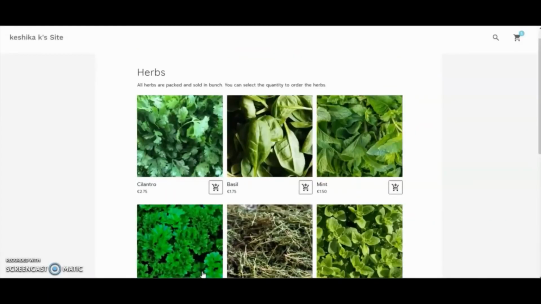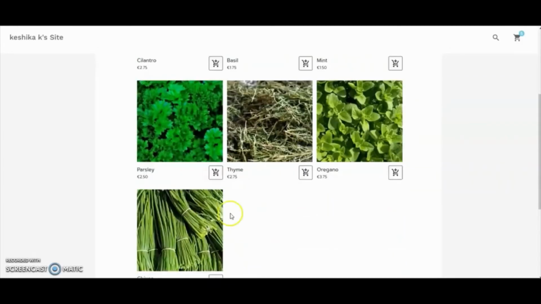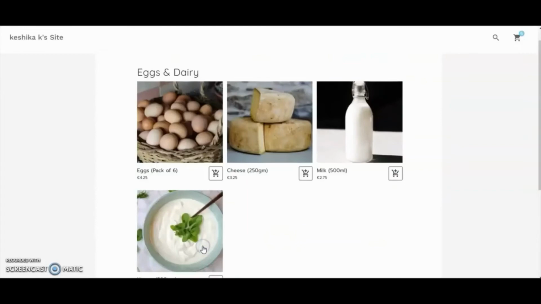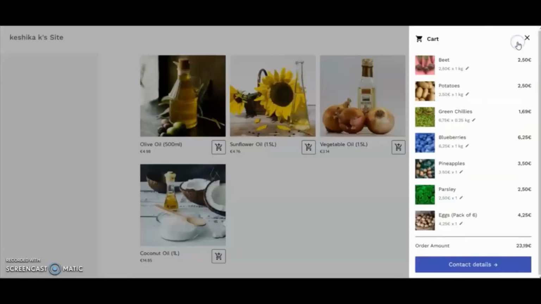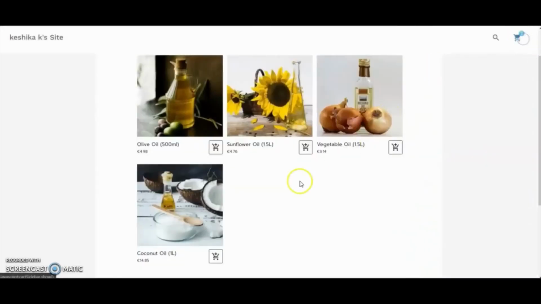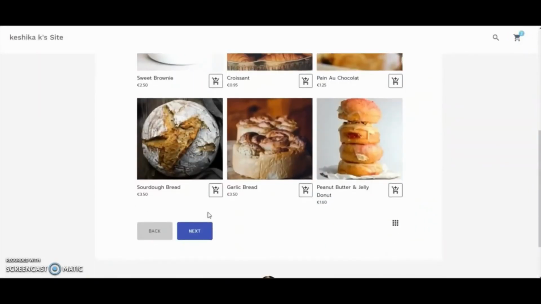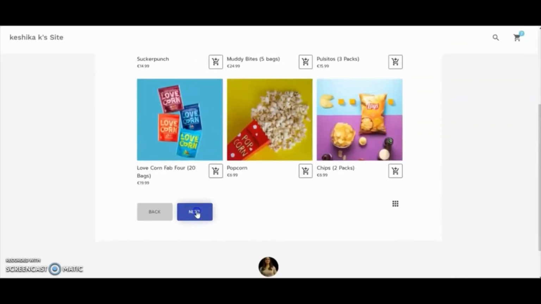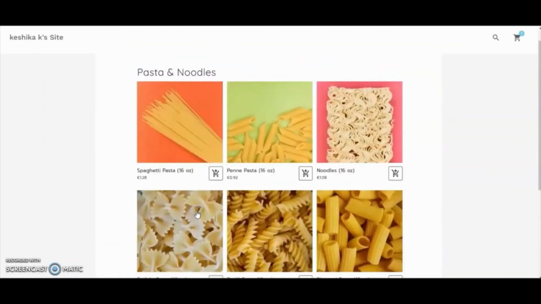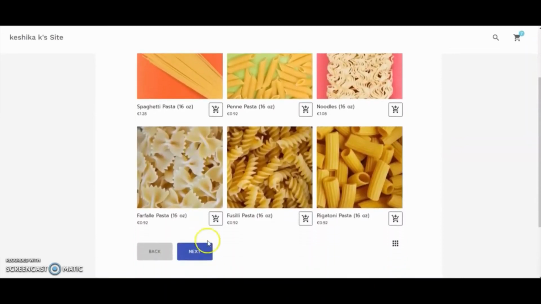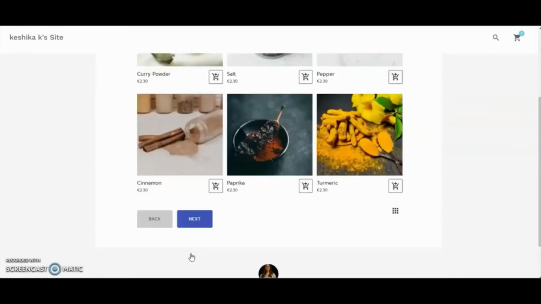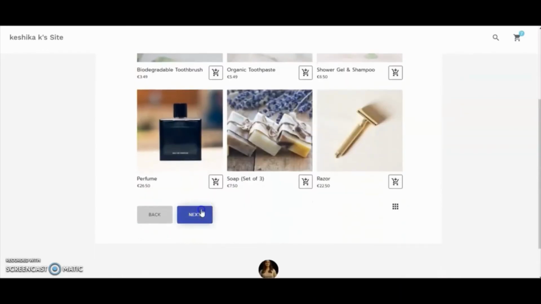I click on Next and I move on to choosing some herbs. And I slowly move from one category to the other, choosing products that I want. While I'm doing this, I'm filling my cart here, and I move on and on. By doing so, I don't miss out on any of the products that I might need for my home this week. Also, I'm only shown what is currently available at your store, and I can precisely choose only the things that I want. The navigation is so smooth that your customers would enjoy shopping just like how I feel now.